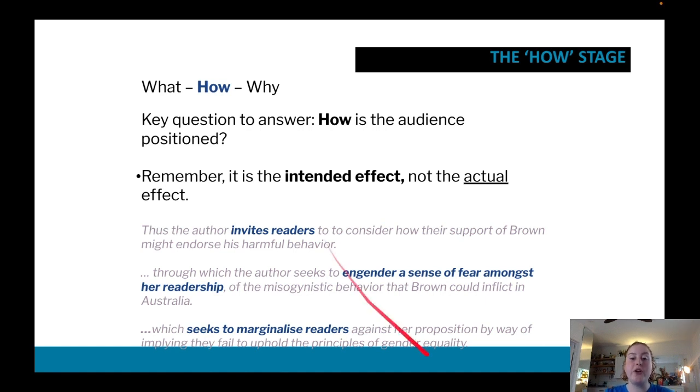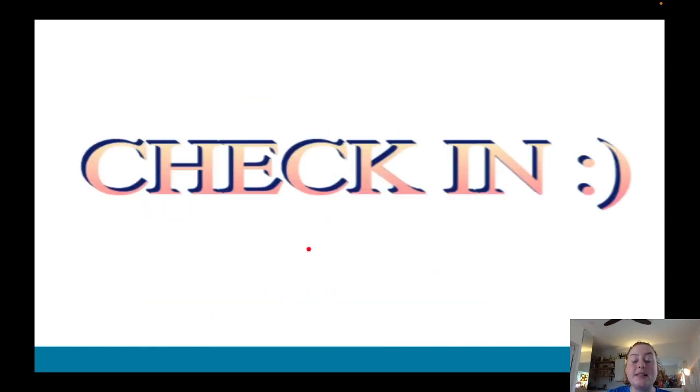Now, I've shown you here an example of analyzing argument in terms of the what, how, why, but we can easily apply it to our text response and our comparative. And in fact, that's actually what I want you to do. So I need to